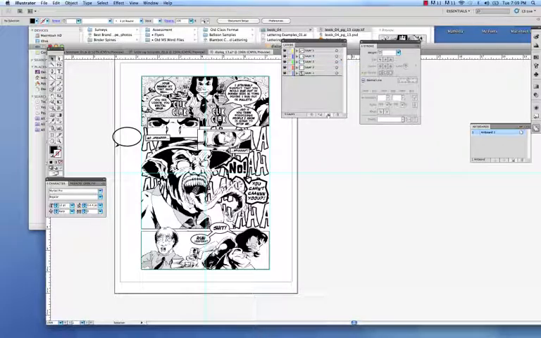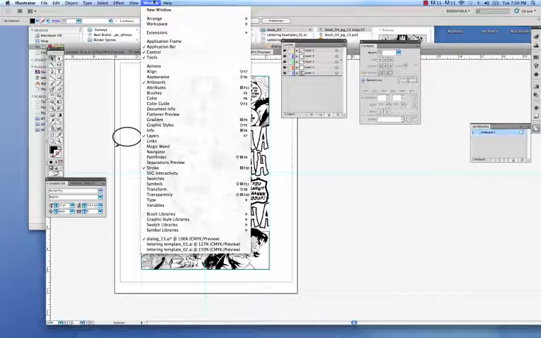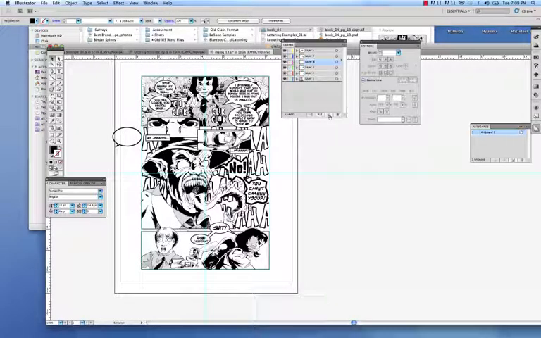If I want to create a new layer, this little icon right here next to the trash can in the layers palette, and you can find the layer palette by going under Windows, Layers, and if it has a check by it, that means it's already open. If it doesn't have a check by it, it means it isn't opened. But you can create a new layer. It'll create a new corresponding color,